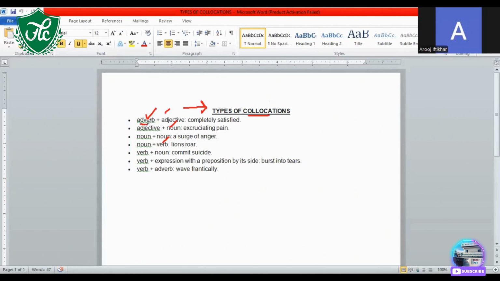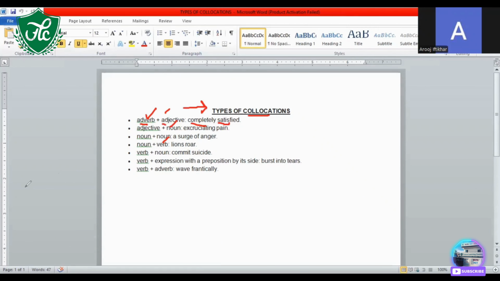An adverb is a word that clarifies the verb, which is the action word, and an adjective is a word that defines the quality of the noun. If they are used together, like completely satisfied, this is the kind of pairing we have to understand. For example, if the word before our blank is an adverb, we can keep in mind that after the adverb we can have an adjective.